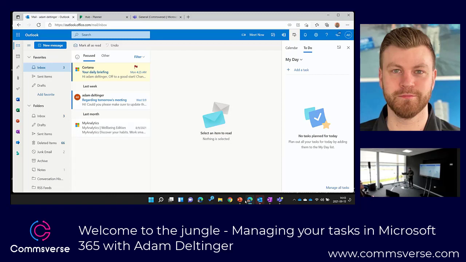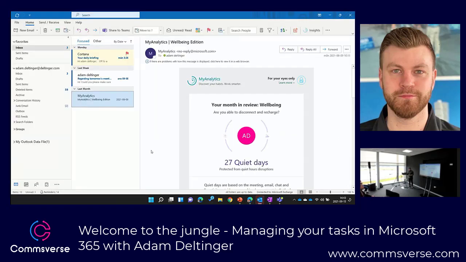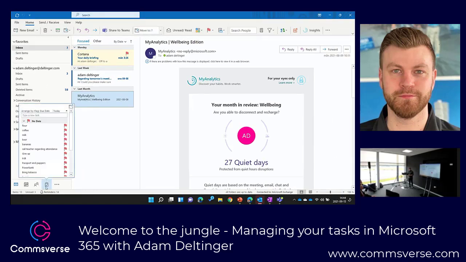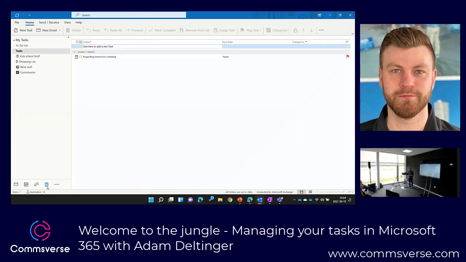So let's go back to my good old Outlook desktop client then, right? If I look down here, I can now see that I'm using the old Outlook tasks. That's supposed to be a circle over there. If I click that one, I can now see the to-do list we just saw from the Outlook on the web experience. So these actually belong in Microsoft To-Do. So I can see them here.